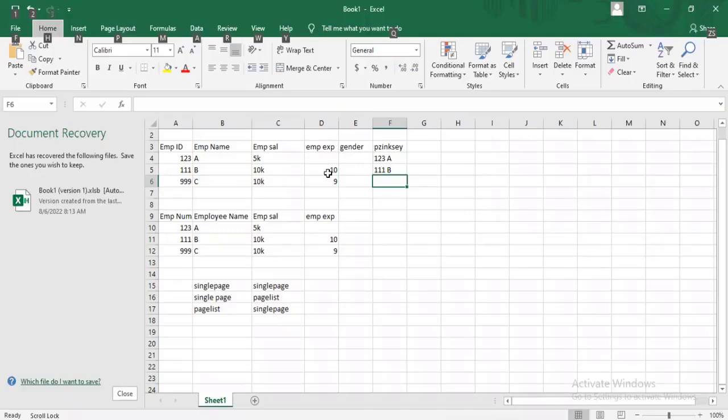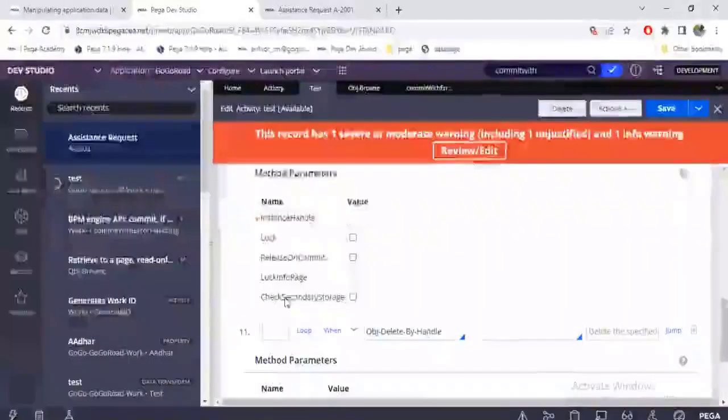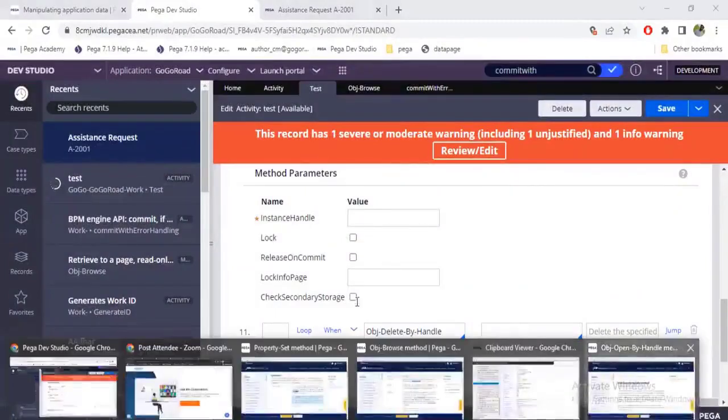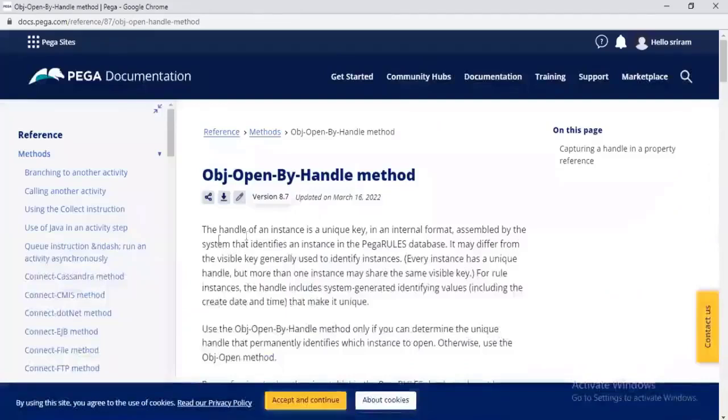If we have the pzInsKey, we will pass the pzInsKey. If we have the primary key, we will pass the primary key. But the functionality and everything is the same. The handle of an instance is a unique key in internal format. That is an internal thing, starting with pz, right?